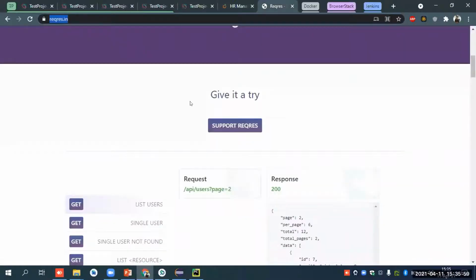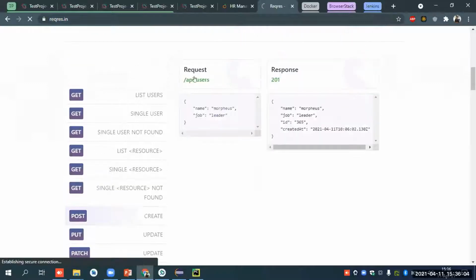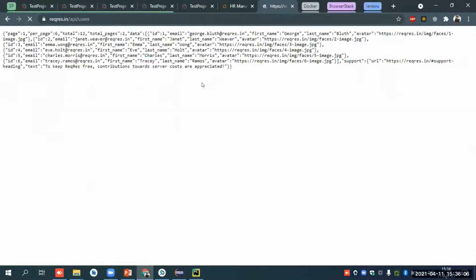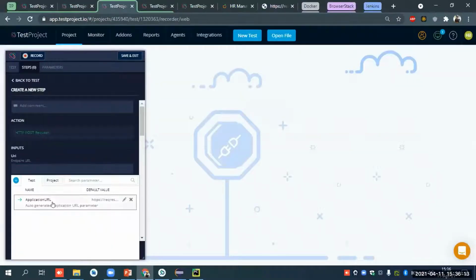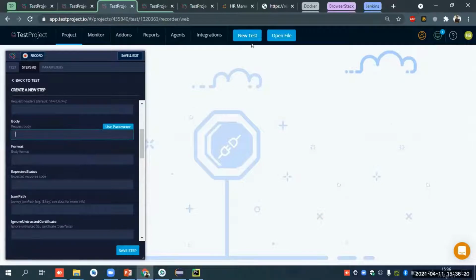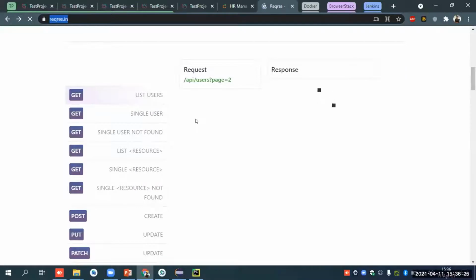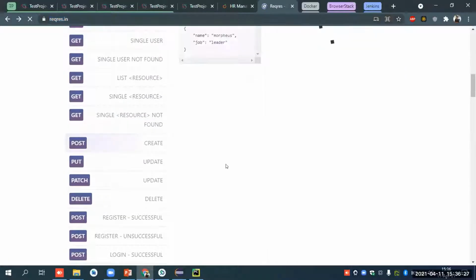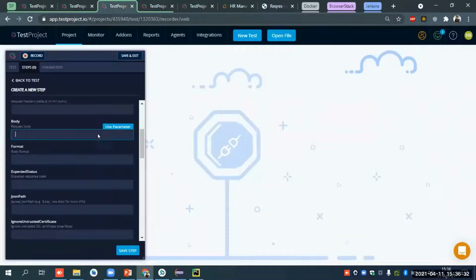I will go to this website, click on the create endpoint, and copy that URI: application URL plus the mentioned endpoint. Okay, body. In the body, we will keep the values.